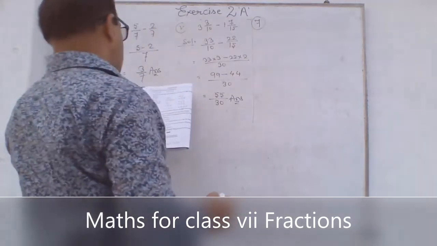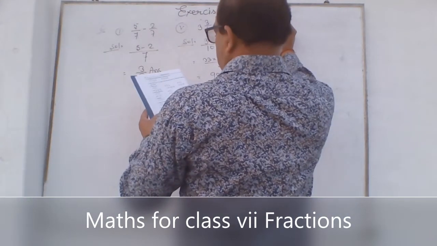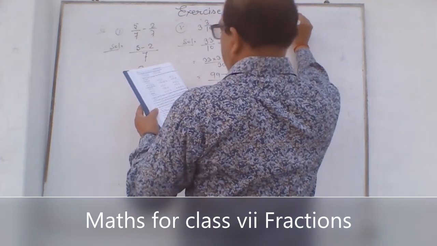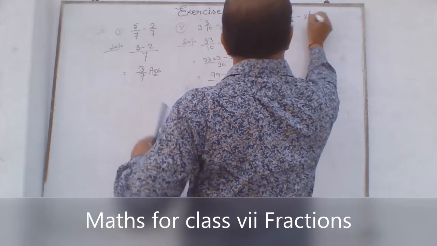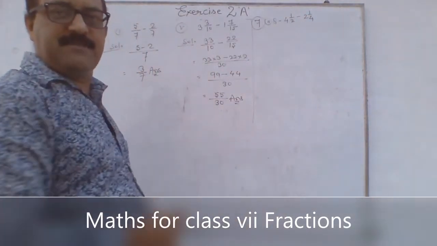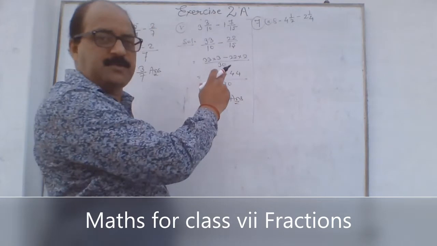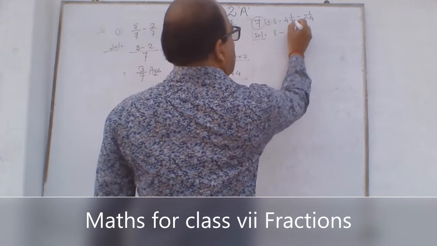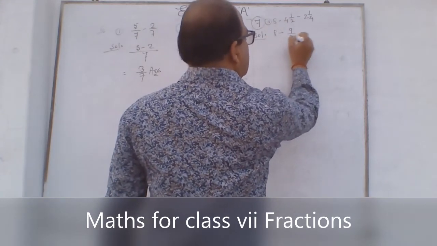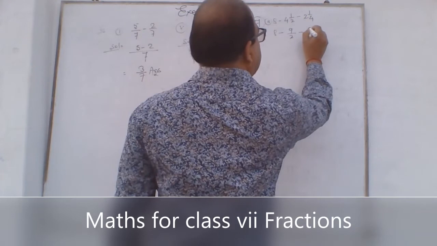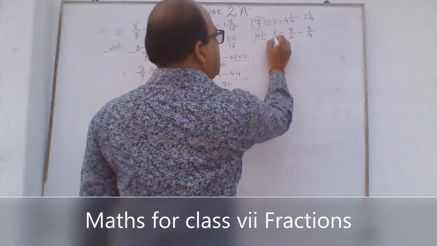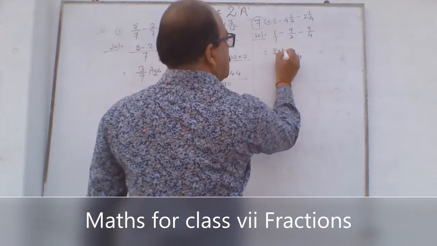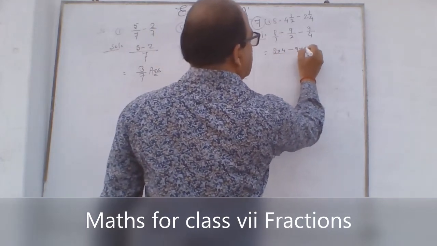Simplify. In question number 7, simplify. Question number 2: 8 minus 4 whole 1 by 2 minus 2 whole 1 by 4. The question is given. Hope it is visible for you. So 8 minus 4 2s are 8 plus 1, 9 by 2, minus 4 2s are 8 plus 1, 9 by 4. The LCM of it is 4, 8 into 4 minus 9 into 2 minus 9.